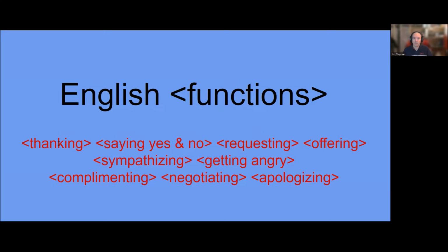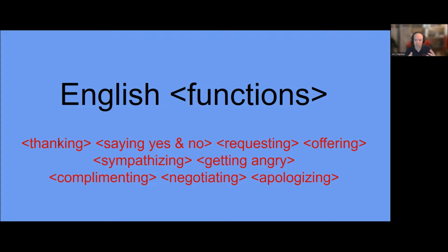Saying yes and no, making a big request or a small request, offering goes this way. When you're offering something to some people, there are words and phrases that we use. So here are some ideas: sympathizing, getting angry, complimenting someone, saying something nice. I like your shirt. There's a lot of different grammar ways to do it. But I want to give you some choices, some options about how to do it, because for me this is a much higher level language function, language feature, a skill set where you're in a situation, you want to achieve